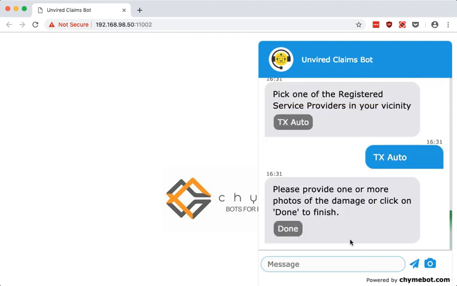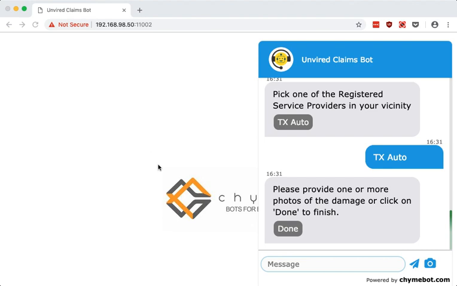And okay, what's this? Now the bot wants me to upload a few pictures of the actual damage so that the notice of loss is complete and the insurance company has an idea of what the claim is about, which vehicle it is for, and what damage has been caused. If I was on a mobile device, I could use the camera to take some pictures, but I'm doing this demo from my laptop, so I'm just going to go ahead and